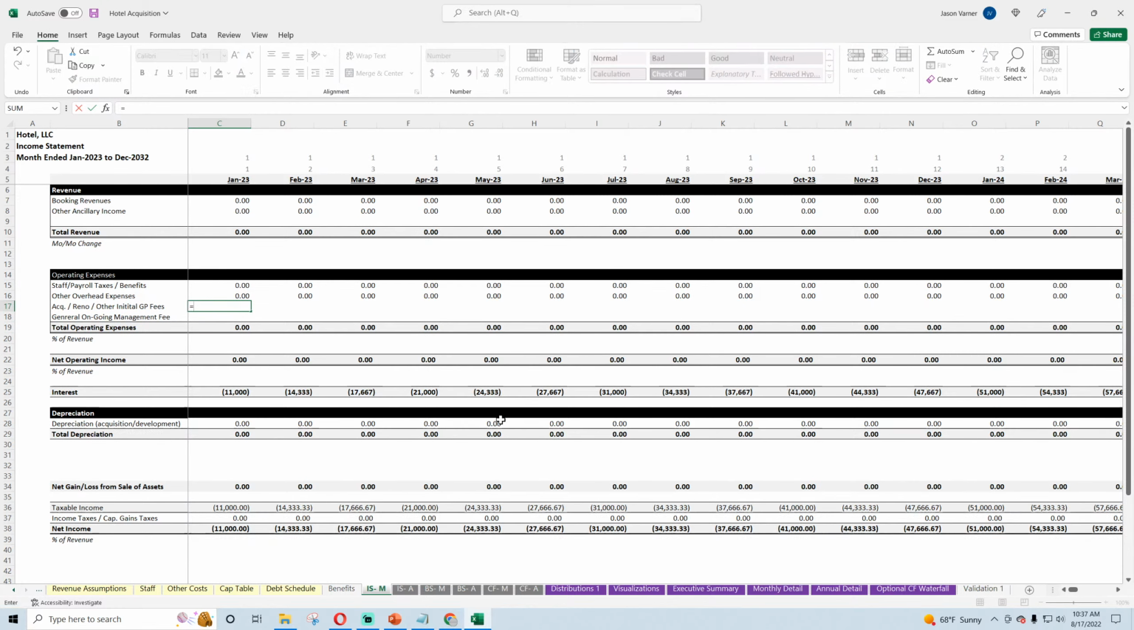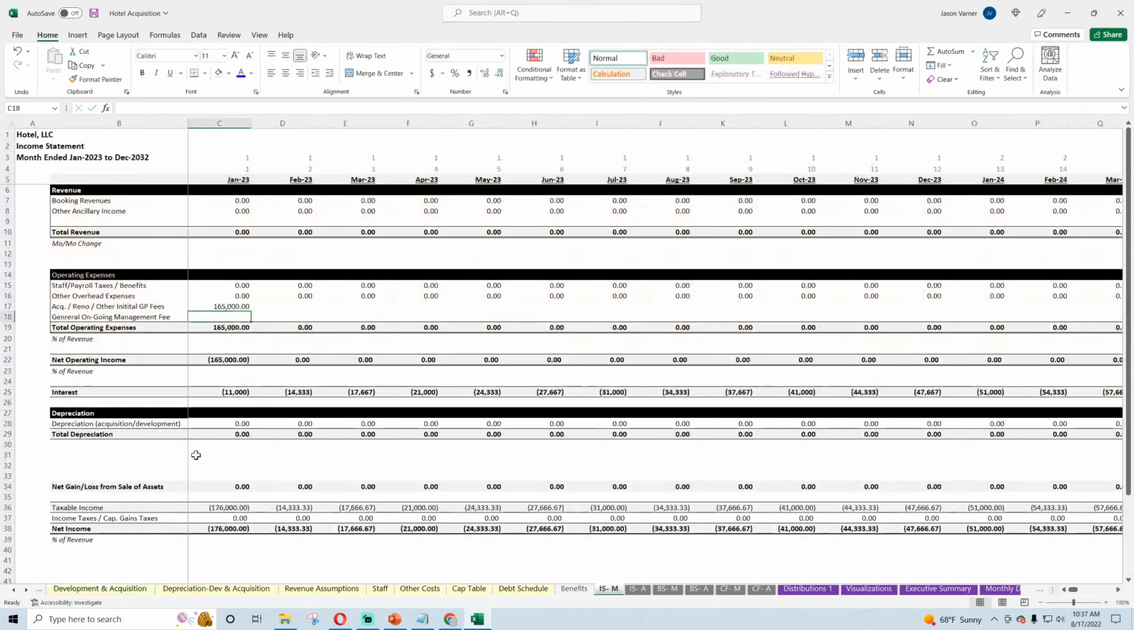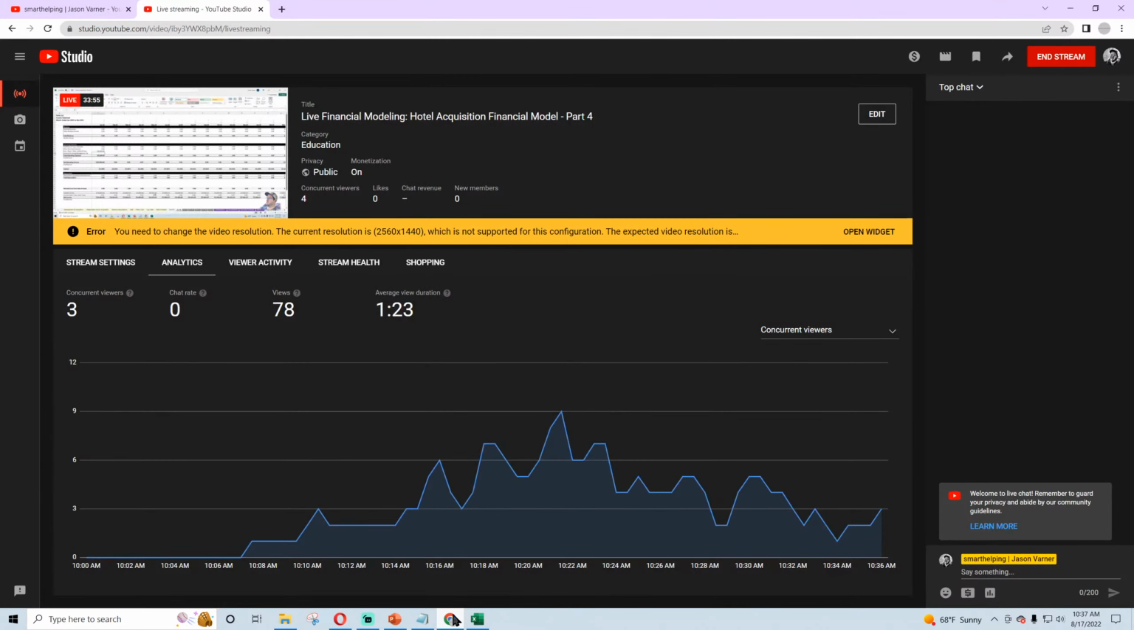All right, so this number we know is just going to be equal to this, and then general ongoing fee. Now for this one, there's a couple options. We could make this,